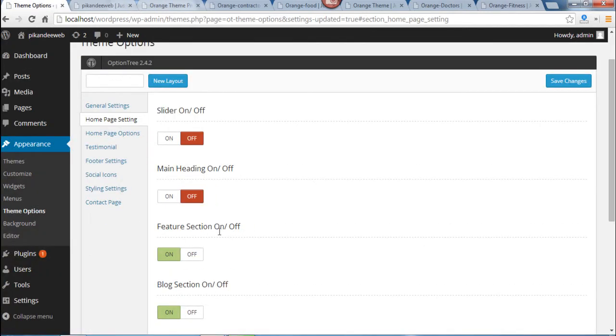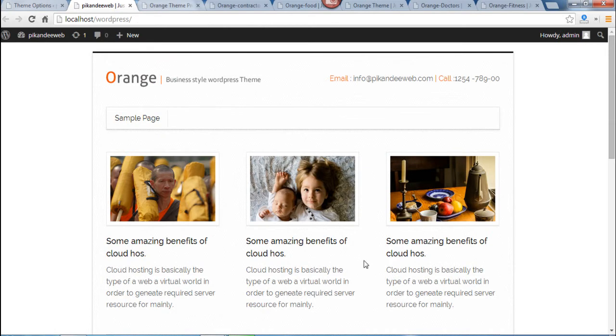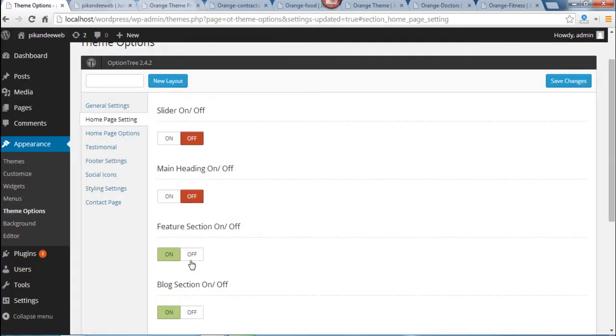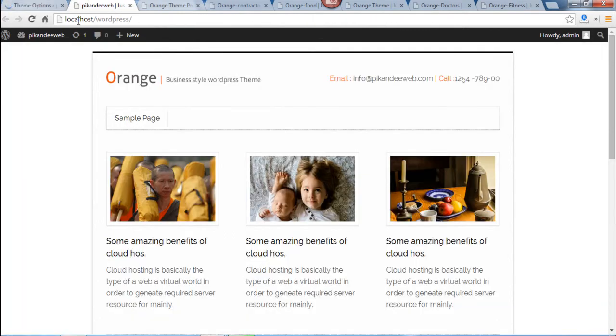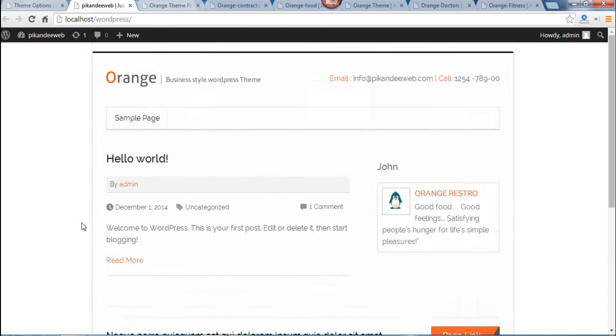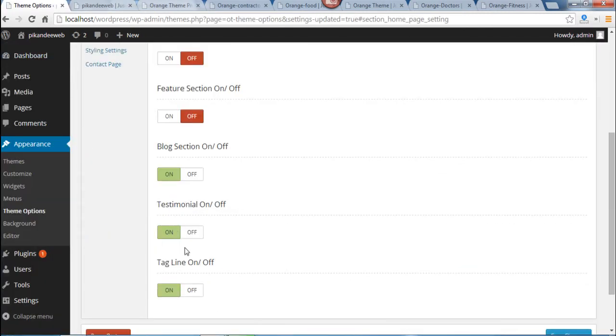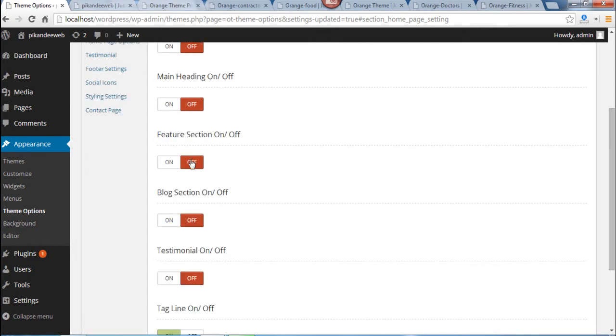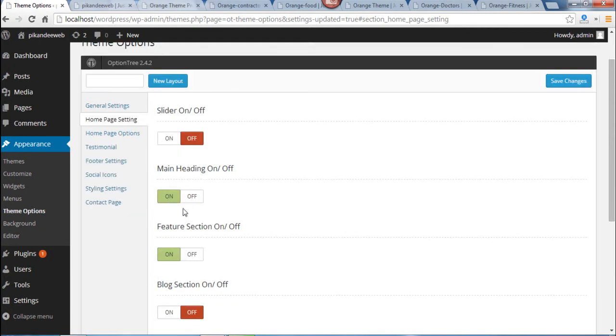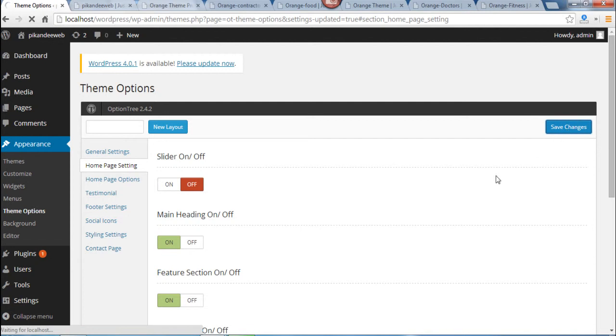If you don't want the feature section, just turn it off and save changes. Now your feature section has disappeared. Similarly, you can turn off your blog section, or turn on or off your testimonial section. If you want to enable any option, just press the on button and save changes.